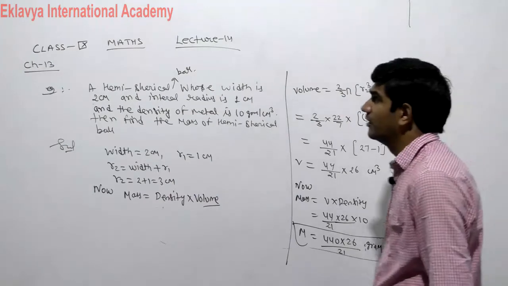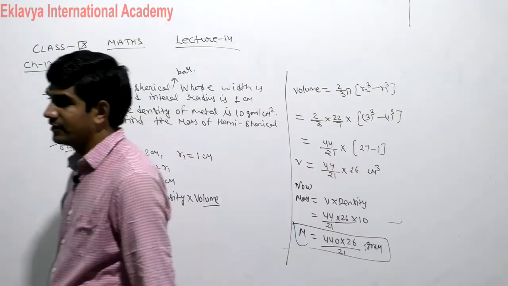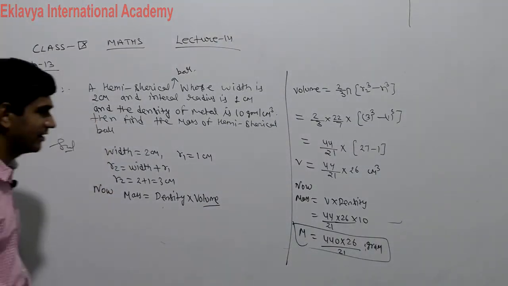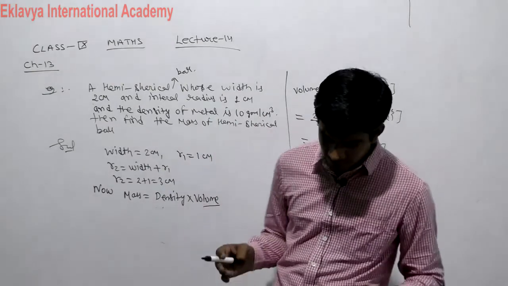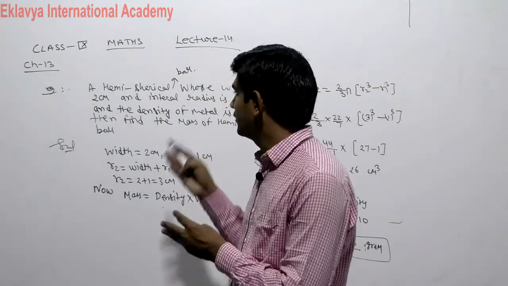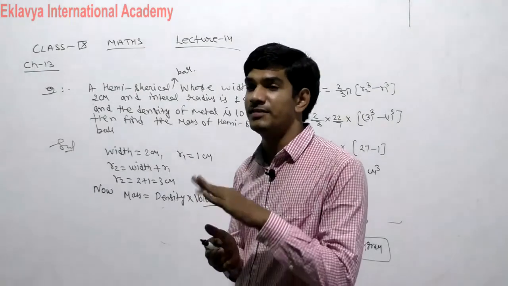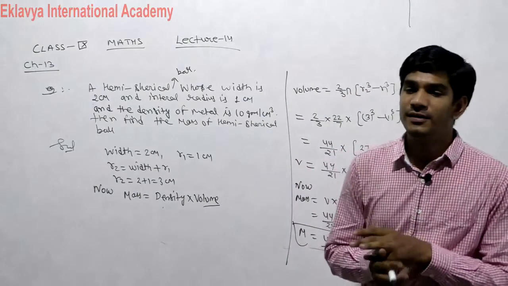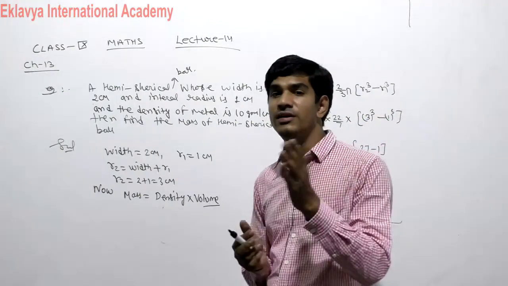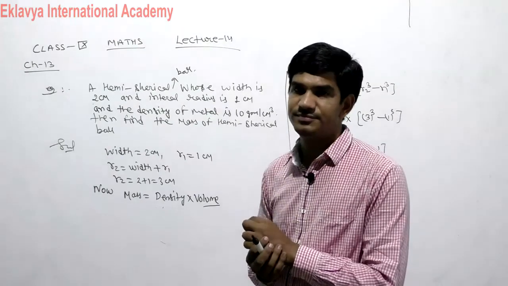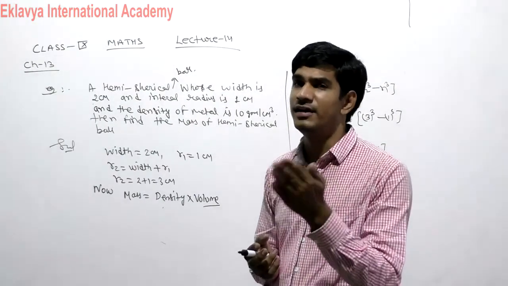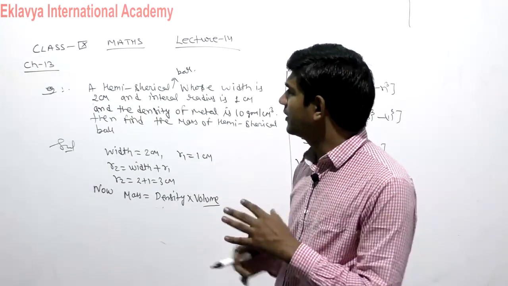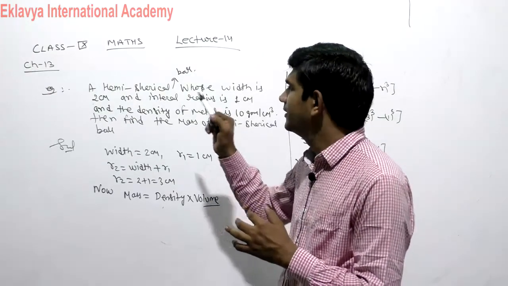So in today's lecture we discussed all about exercise 13.8. 13.8 is the last exercise of chapter 13, that is completed. So today we finish your chapter 13. After watching that video, all students complete chapter 13 with examples of volume of sphere and hemisphere. Now in the next lecture we will discuss the new chapter, that is chapter 14, Statistics. So today after watching that video all students complete chapter 13.